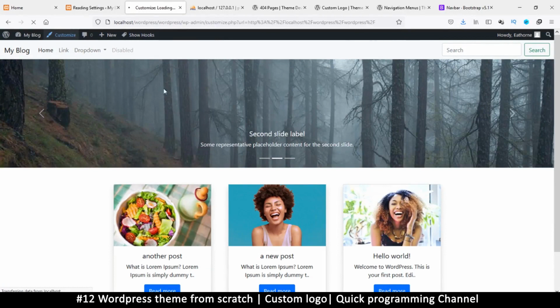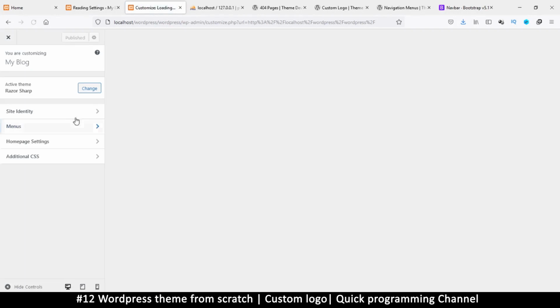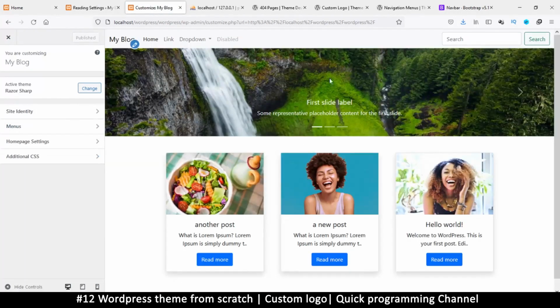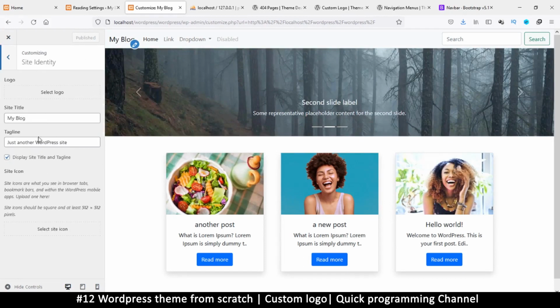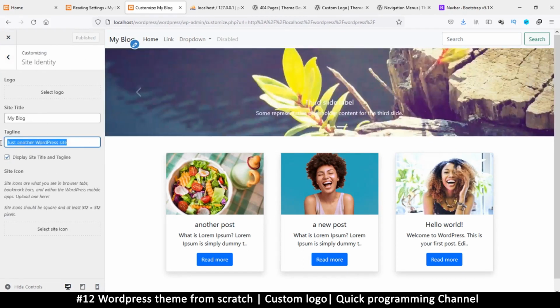So the theme can be customized on this interface, and this is where we're going to add controls as well to be able to change the images on the slider here if we wanted to. Now you see there's a pencil here that shows that there's something here we can change, which is the custom logo. So let's click on site identity, and we can change our tagline and this one,